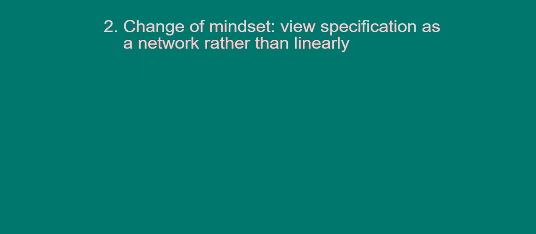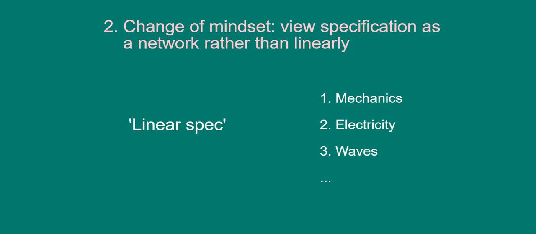You're familiar with your specification being laid out in a sequential or linear fashion, and we might call this a linear spec for short. The problem with a linear spec is that it suggests that the various topics, from mechanics to electricity and so on, are isolated from one another. A better way to view your specification,